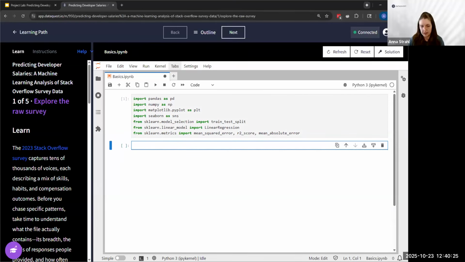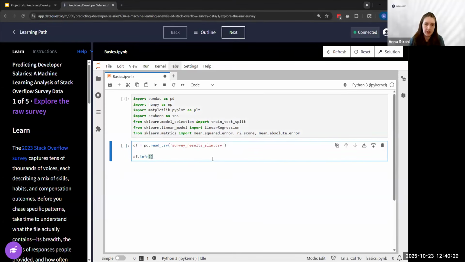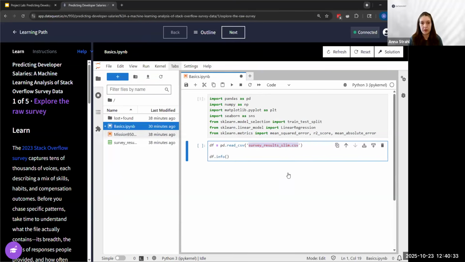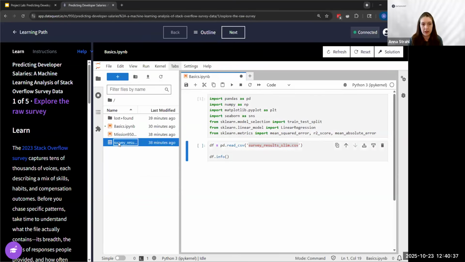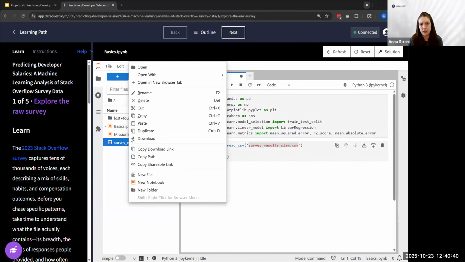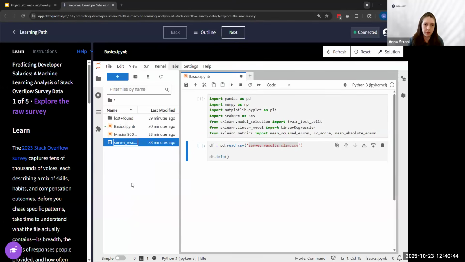Now let's read in our data set. I'm just creating a data frame called DF, and you'll notice the survey name. If you want to work locally, by the way, in the DataQuest app, if you right-click the CSV here, you should be able to download it, or you can download it directly from Stack Overflow on their Kaggle page.